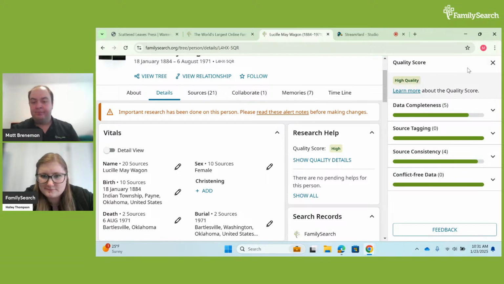And so if you don't have a lot of information, or depending on the quality of these different characteristics, the quality can be lower or higher. And if you have any more questions or thoughts about it, you can learn more about it here. And you can also send in feedback, since it is a new part of the Family Search person page.